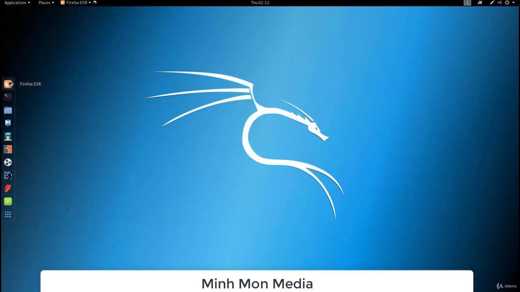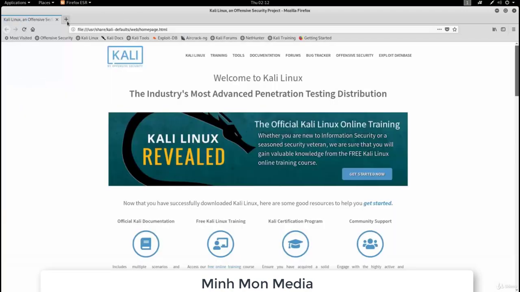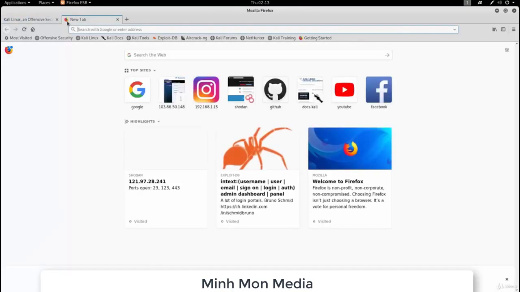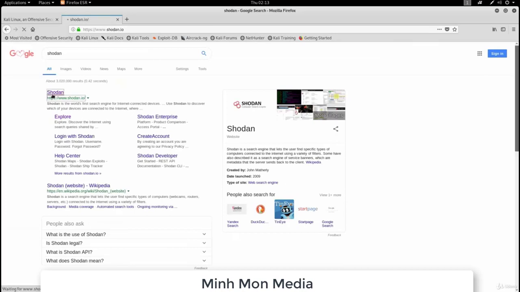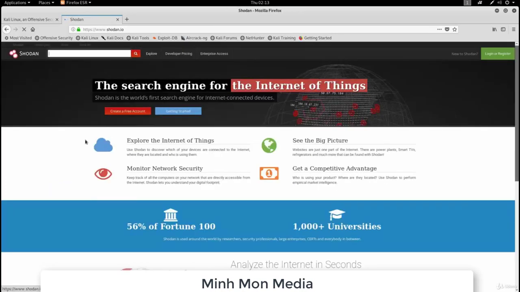So just open up your Firefox. Open up a new tab and type here Shodan. We will click on the first link and it will lead us to the website where we can discover some of the vulnerable devices on the internet. As we can see, this website says explore the Internet of Things, monitor network security, and a bunch of other things. So we are on this website right now, and basically let us just search for some of the